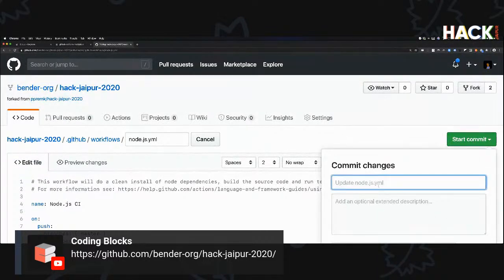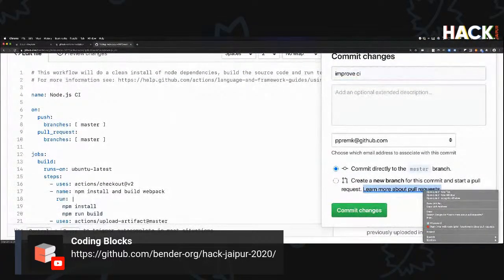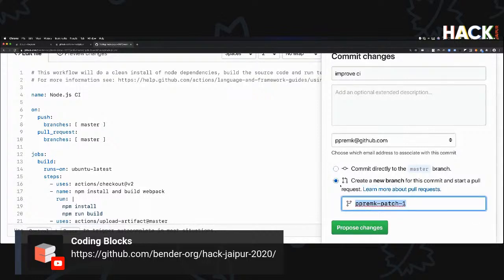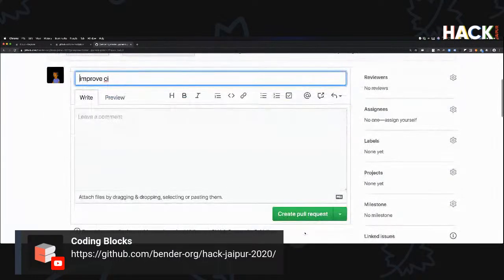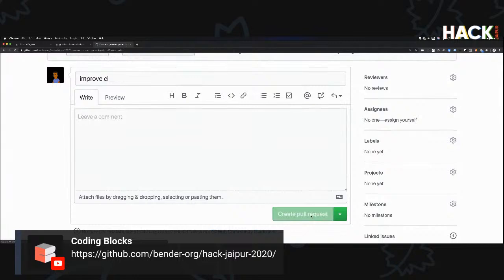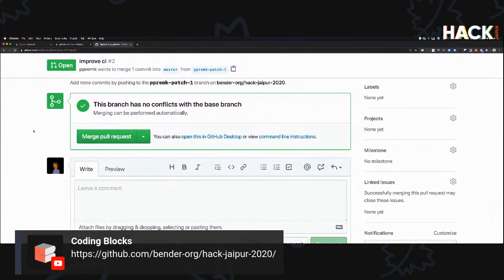I'm going to say "improve CI", and for the purpose of time, I'm going to commit directly into a new branch. So, propose the change. You can see that it's able to merge. I'm going to create the pull request, and you will see that